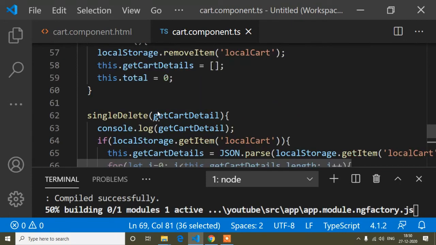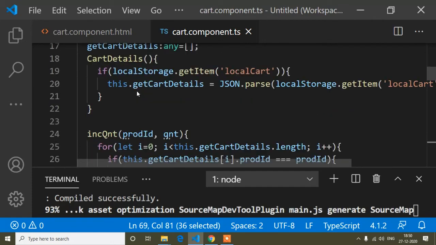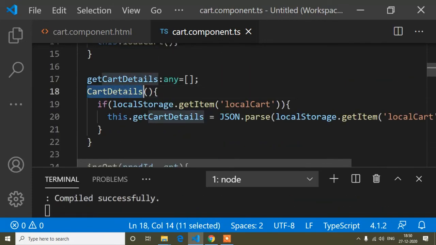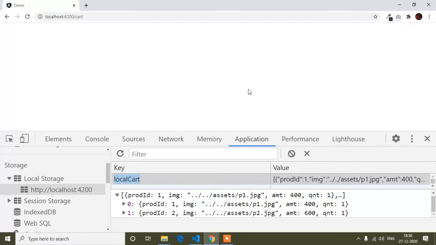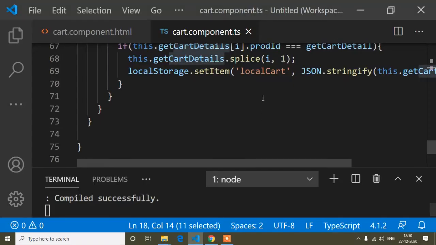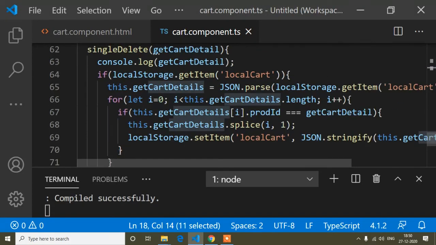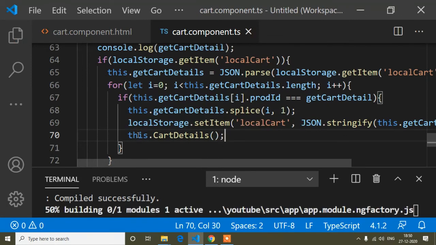And, hey guys, here one thing I have to do. Here you can see the total. This function I have to use as a callback function, because when I store it, I need to set the total. So that's why I have to call this function as a callback here. So this dot this one. So save. First of all I will show you, then I will explain it again.